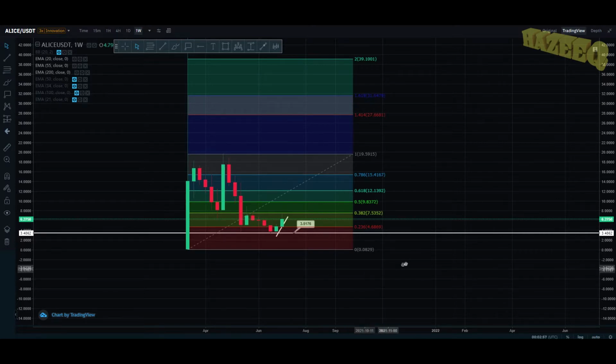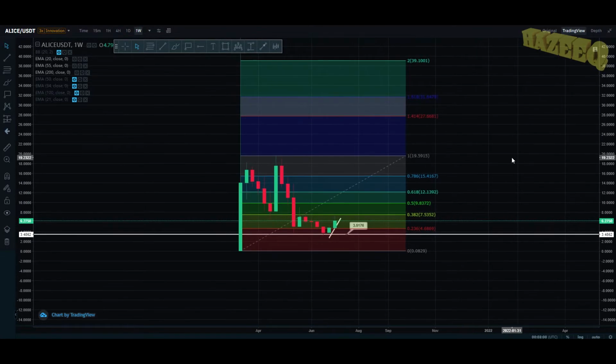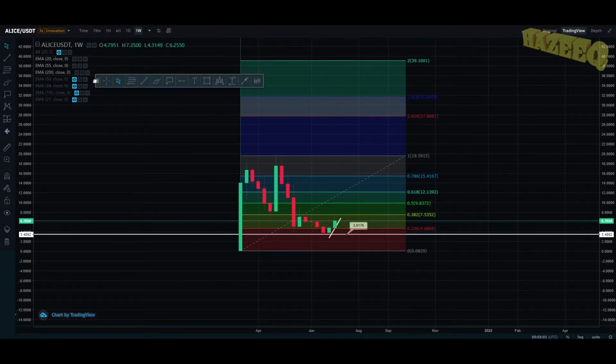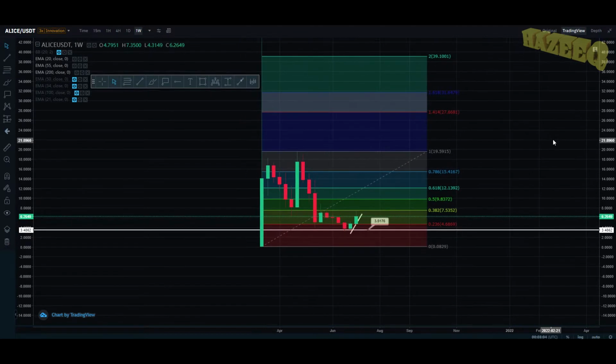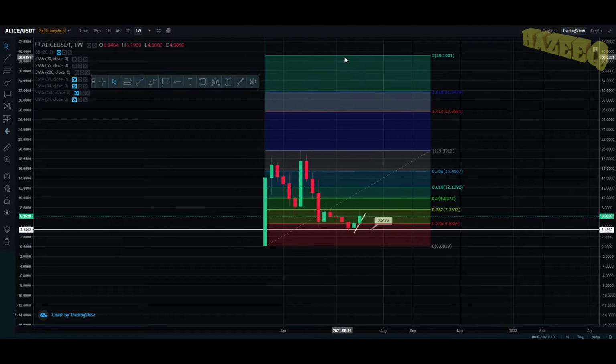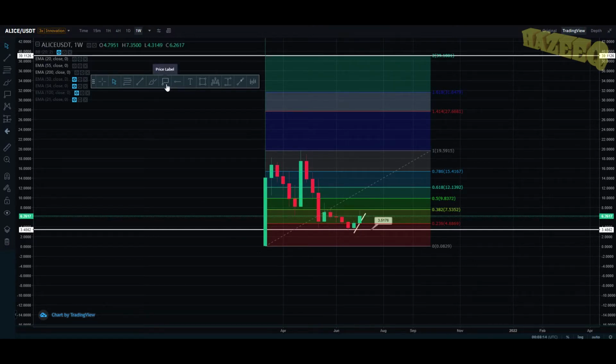So starting off on the weekly chart for Alice, we are on Binance against USDT. We have the fib up, and as you can see, we have this Fibonacci level 2 projection, and that would be $39. So we're just going to stay conservative, and that would be our major target right now. So what I've done is I've placed the fib retracement from the very bottom, which would be somewhere around 26 cents, all the way to the high of the impulsive wave over here. That would be at